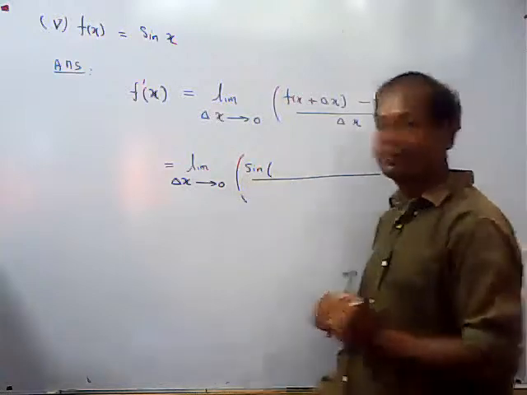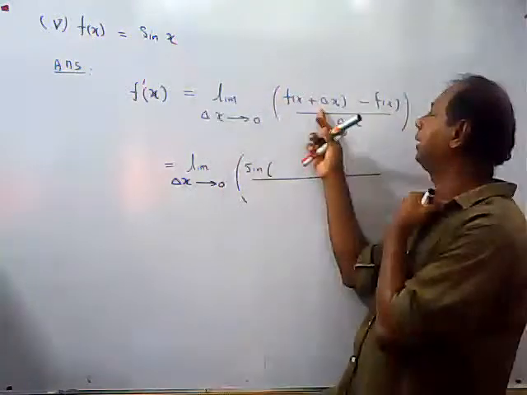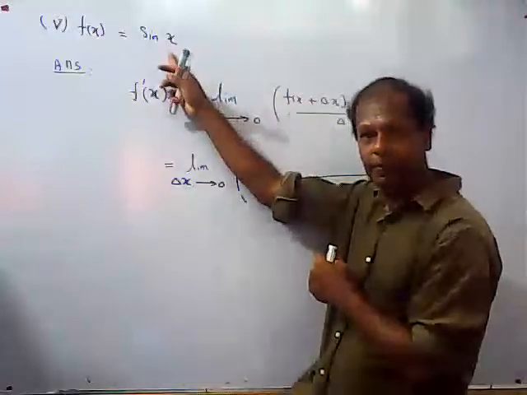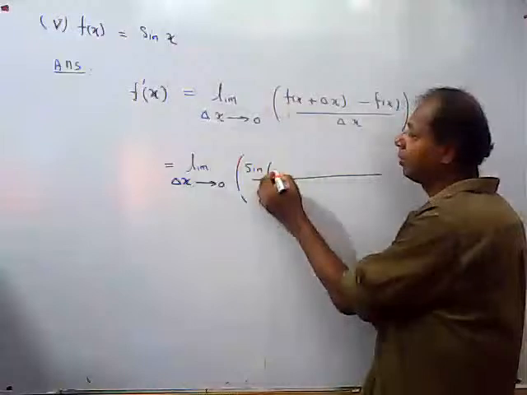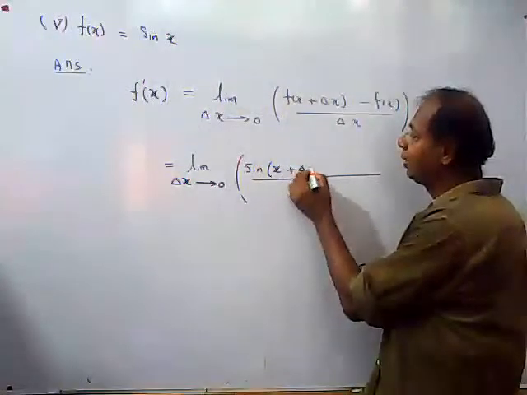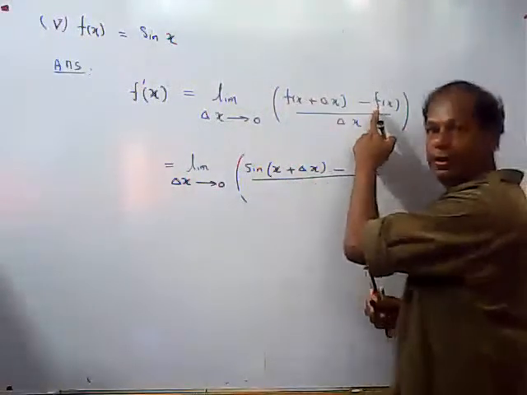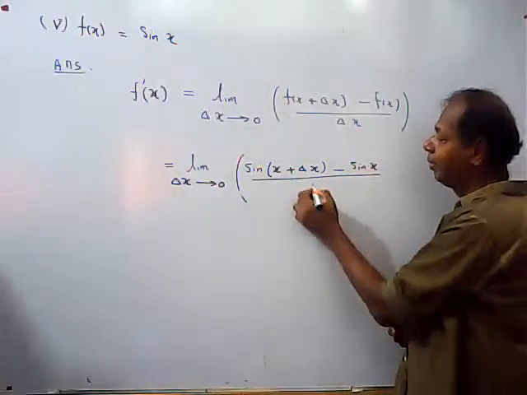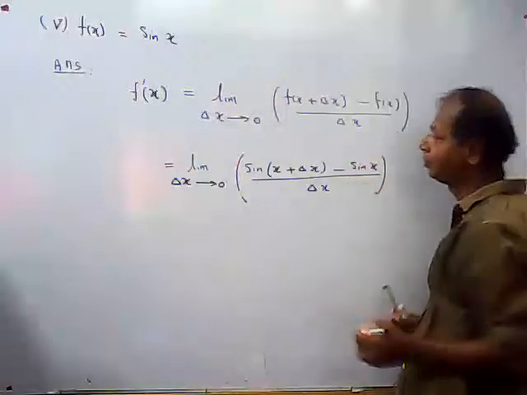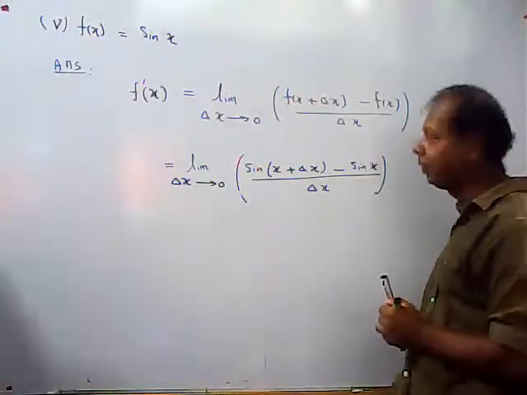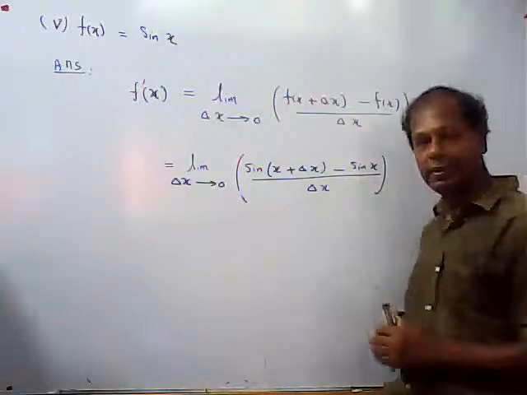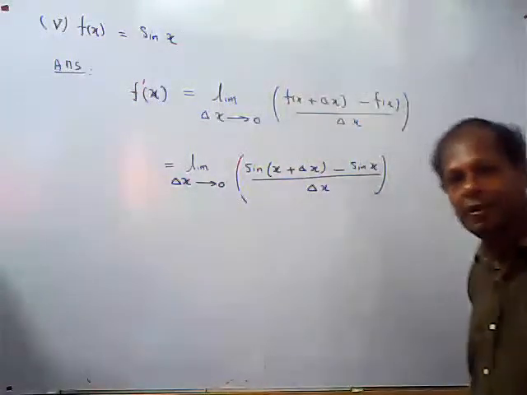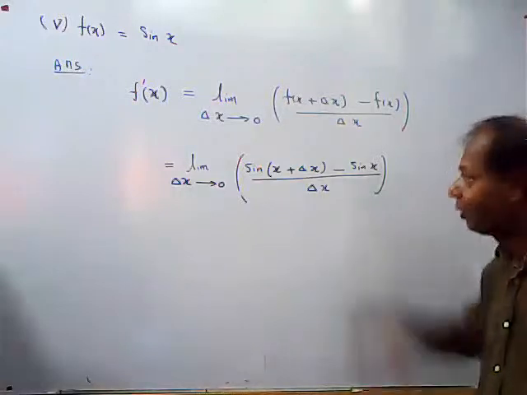So for f of x equals sin x, when you substitute in these, f of x plus delta x will be sine of x plus delta x, minus f of x, which is sin x, divided by delta x. Okay, and now what's the next step? Once you see something like this, what's our next step? And you should remember